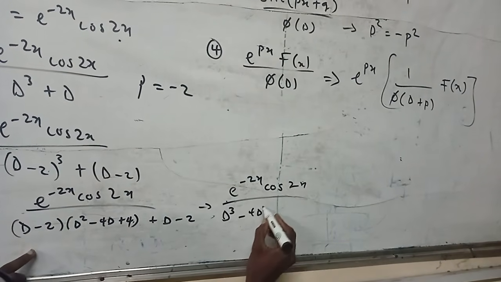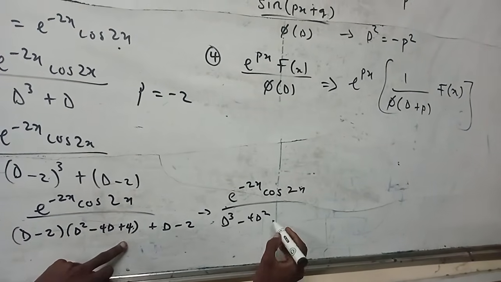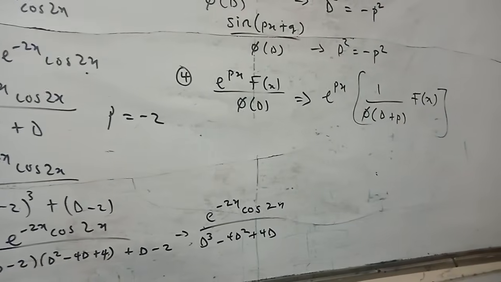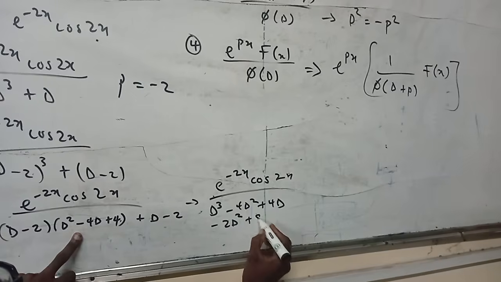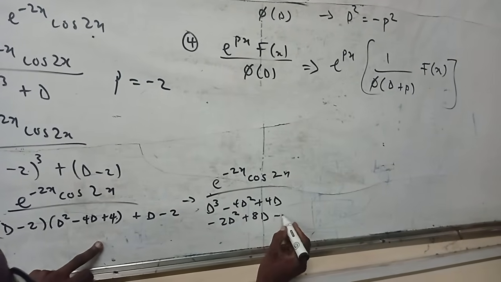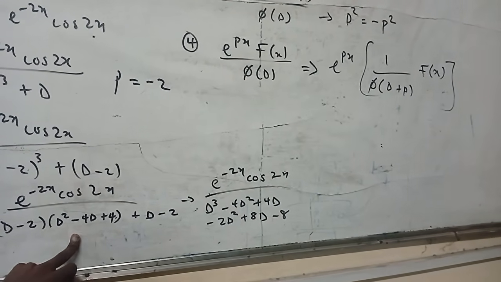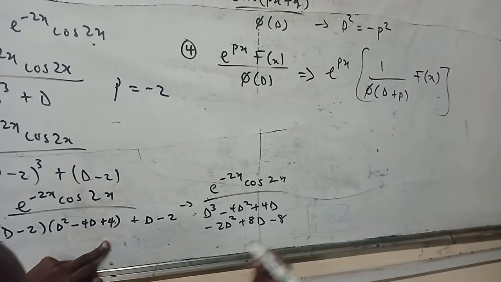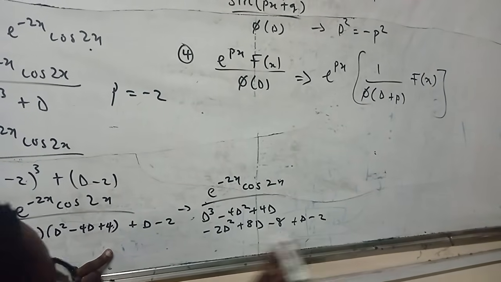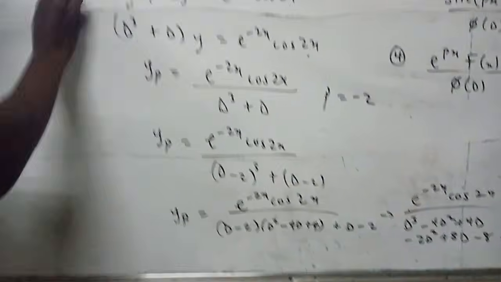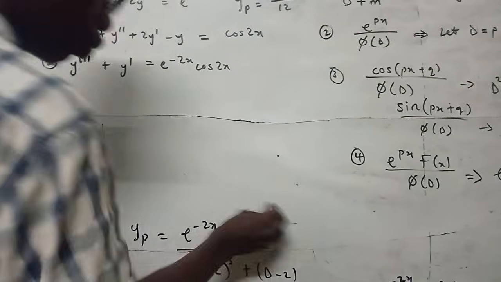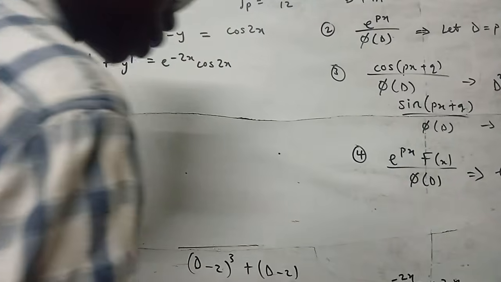minus 4d squared plus 4d minus 2d squared plus 8d minus 8 plus 8d minus 8, yes, plus d minus 2. This d minus 2 is there already. So simplifying this, we are going to have something like y of p equals